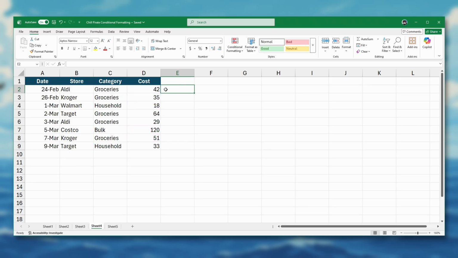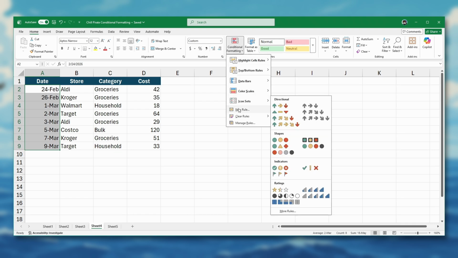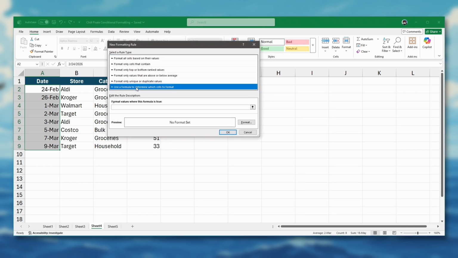Now we can also highlight all the entries from the current month. As I record this, it is March, so all of the rows that have a date of March should get highlighted. And we can do that with conditional formatting. I'm going to select all of the dates, conditional formatting, a new rule, and use a formula. And my formula is going to be equals month A2